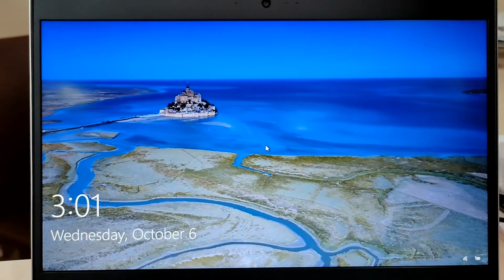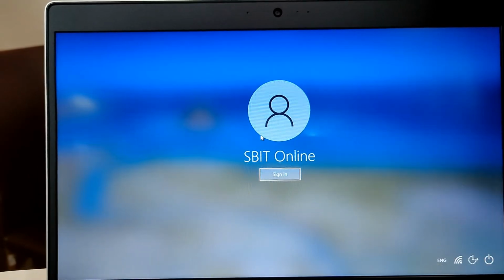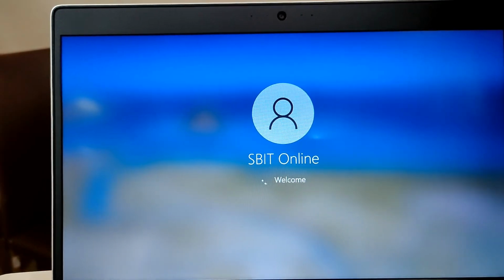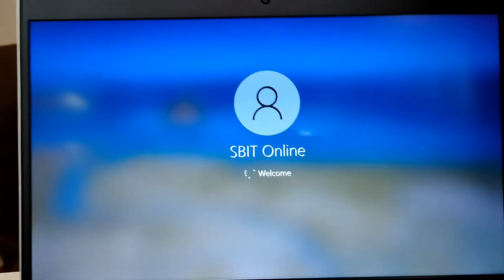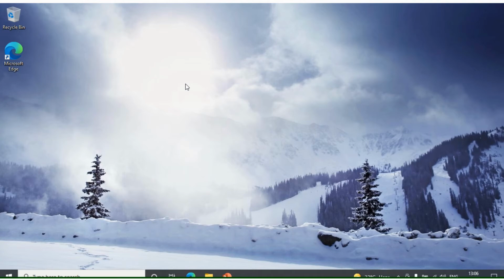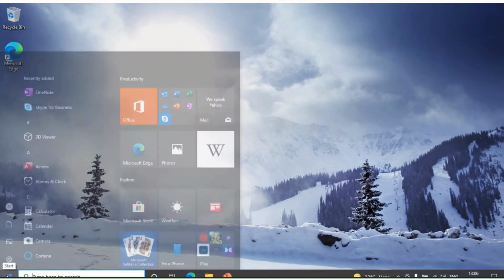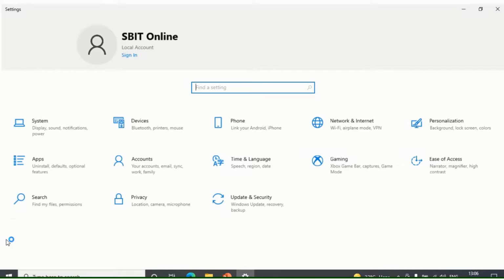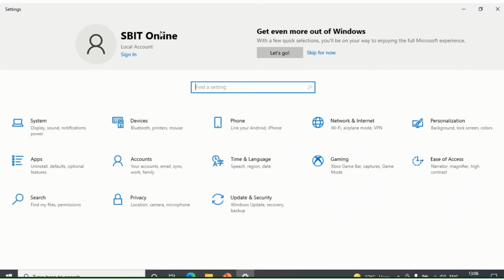And now the system is going to log in to your user. Click on the sign in option. Yes, welcome back. Now click on the start icon on Windows 10 and go to the settings option and now click on update and security.